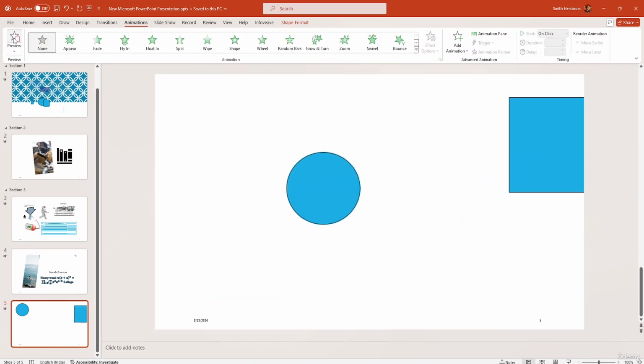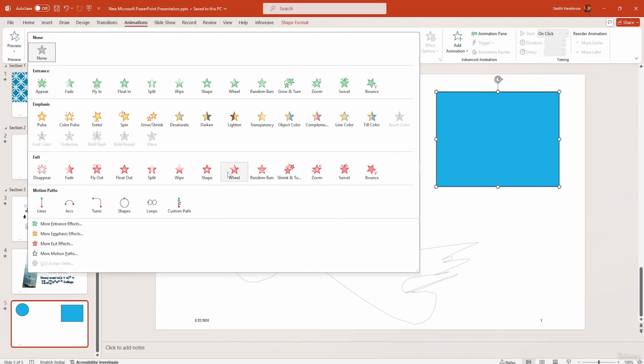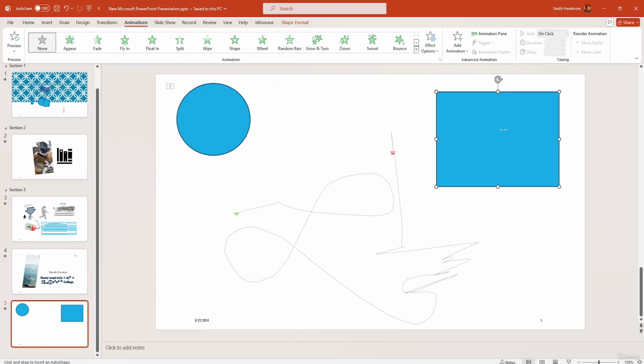Remove it, click on preview, and there we go. You'll also be able to apply the same type of animation on this one, such as, I'm going to click on custom path, and if I click on here, and I want it here, here, here, I want it to go all the way up here,